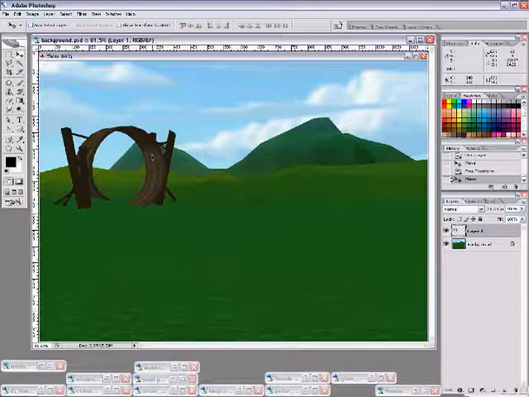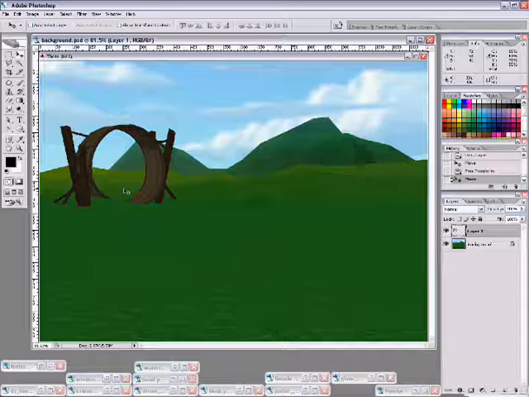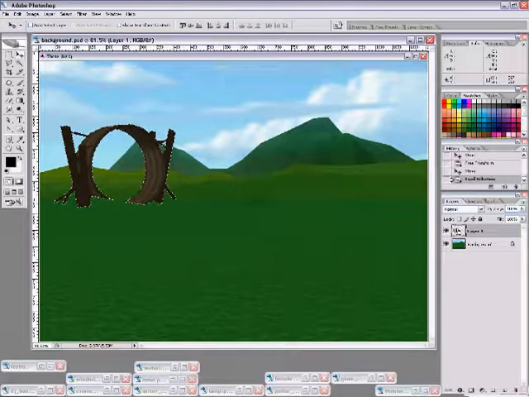Okay, so now I noticed that I have some edges. When I cut this out, my edges weren't as wonderful as I'd like them to be. So I want to take a selection of my loop. As a shortcut on my layers panel over here, I can hold down my control key, and you're going to notice there's a little selection box, like the rectangular marquee, sitting right on top of this little finger I have here. So I'm going to click like that, and it's going to load that layer